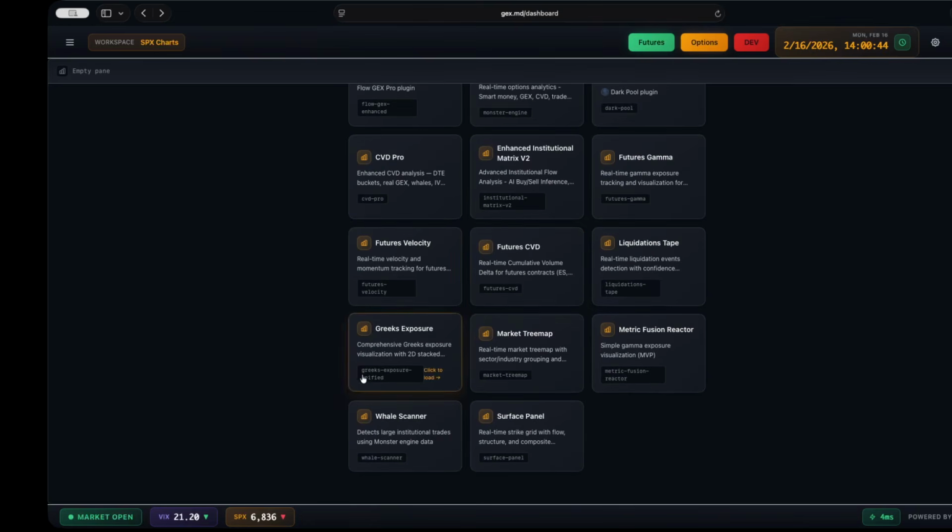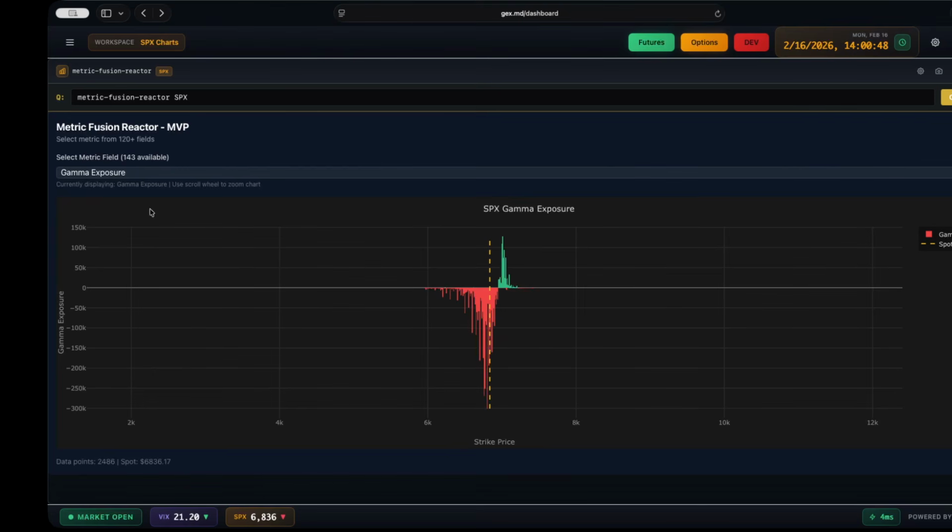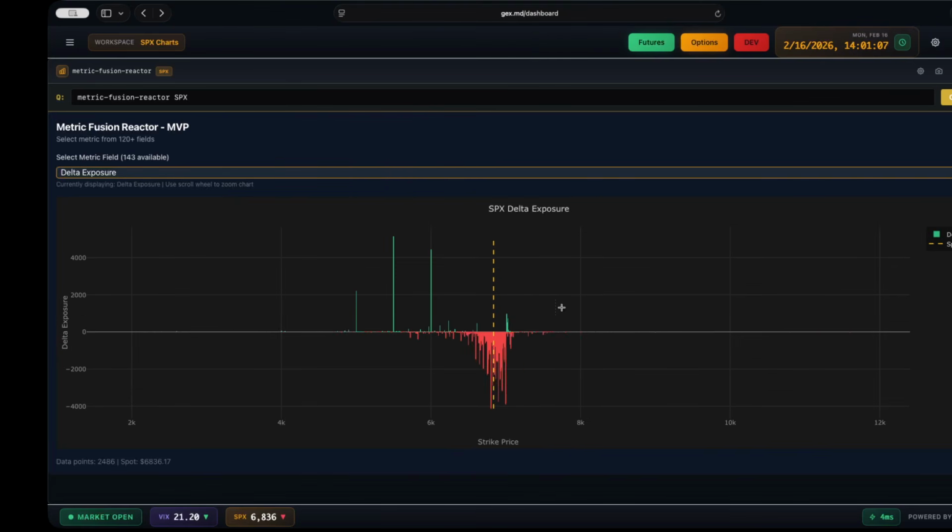And then I'm working on this metric function reaction. It's nothing you can do, this is just crazy. They have 130 or more different metrics to go through. That is something I'm working on. It's not done. I've been working on this over the last few days